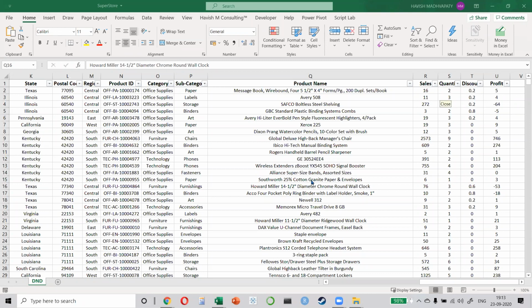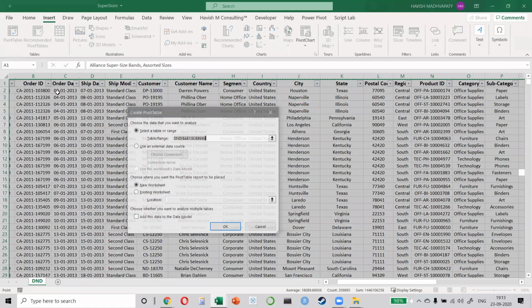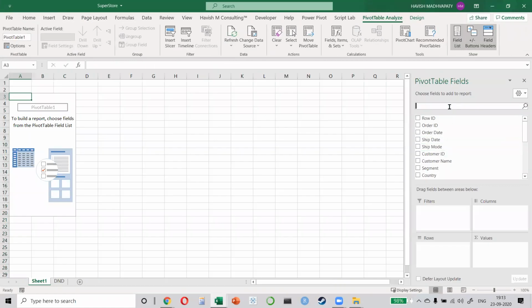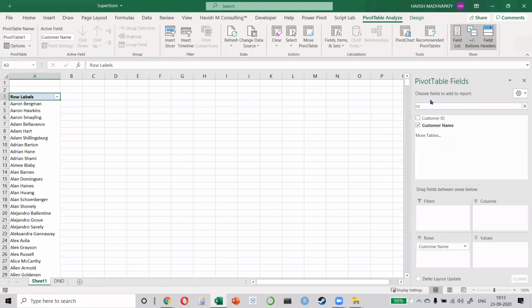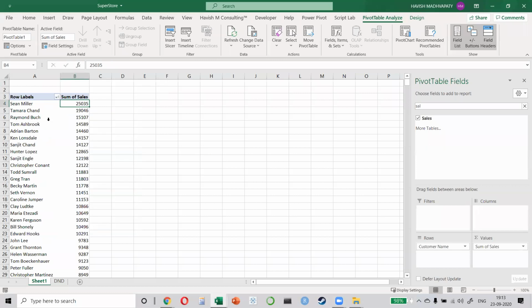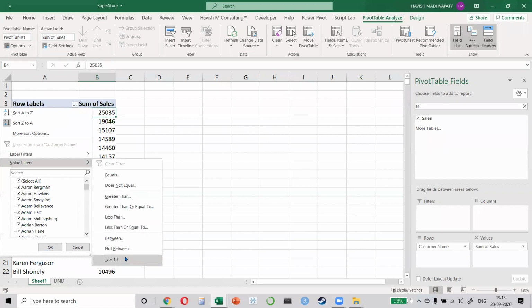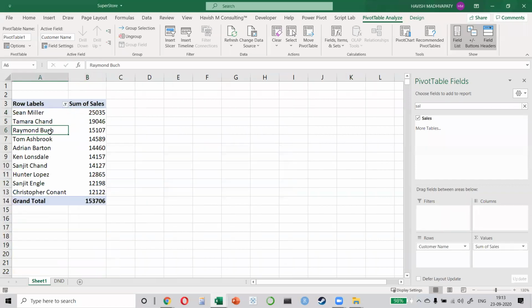For example, if I want to find out who my top 10 customers are, this is how I would do it. I would select my data, and on insert, I will make a pivot table. And then when I make the pivot table, I'll keep my customer name in my rows. I'll keep my sales value in my values. Then I'll sort the data. And after that, because I want to see the top 10, I will have to click on value filter and then select top 10. And I'm sure all of you would agree with me that it's not very difficult, but it's a very manual process. And for every single requirement, I have to do this manually.